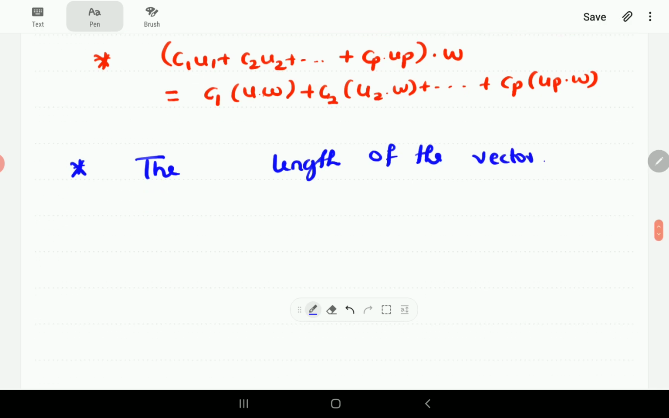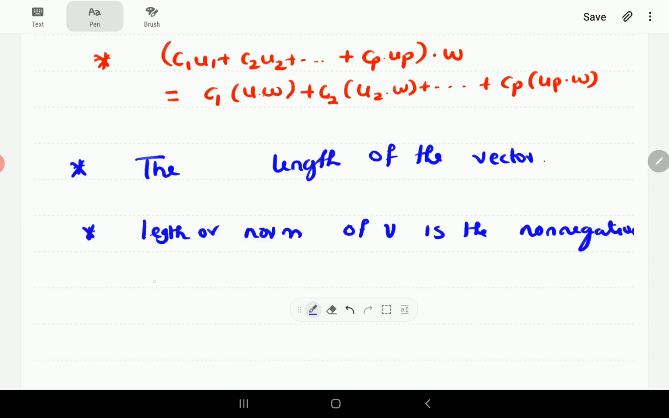So here the length, or we also call it the norm. The norm or the length of any vector v is a non-negative scalar, which is written as norm v. You can read it as norm v. And it is defined by,